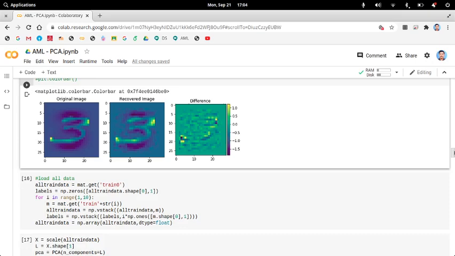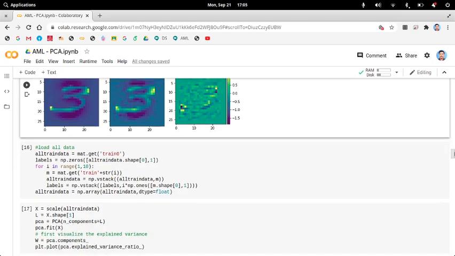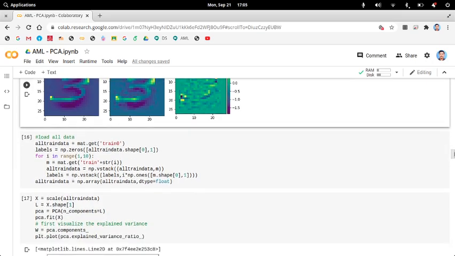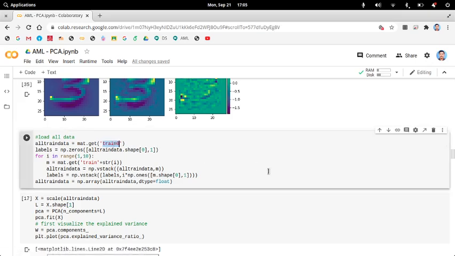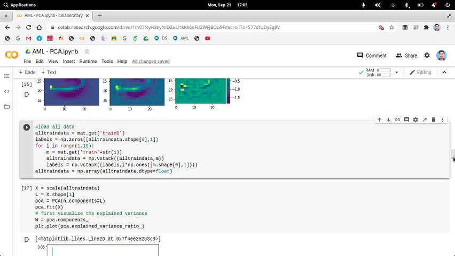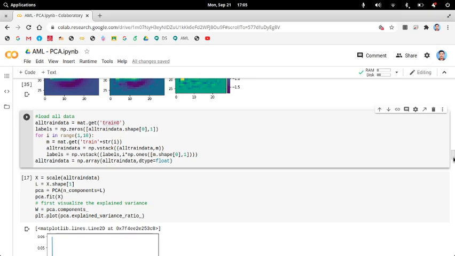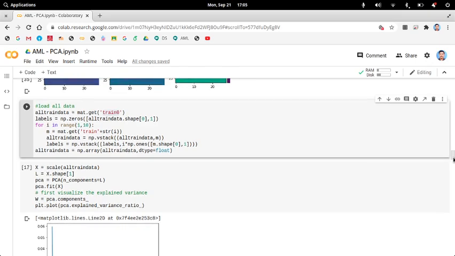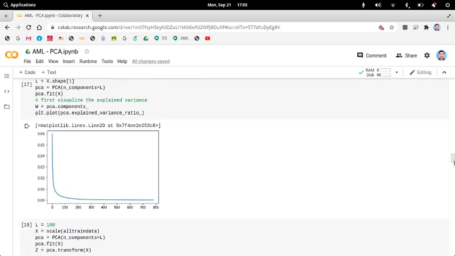Here let me load all the training data, then you train with zero values, then you can see that L is equal to x.shape[1], the PCA components.